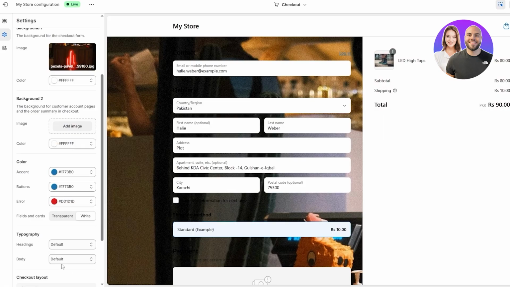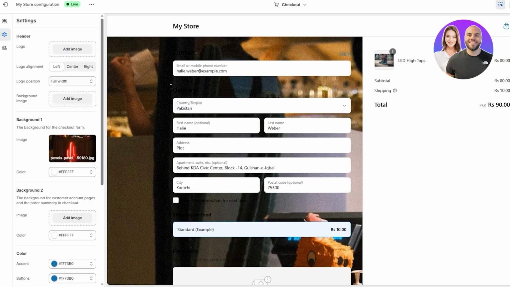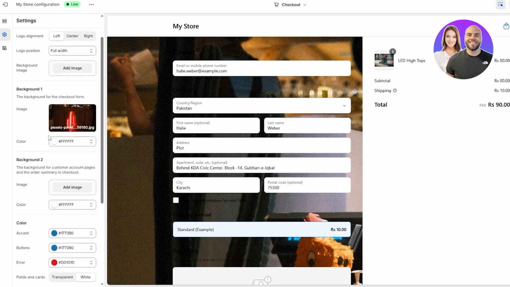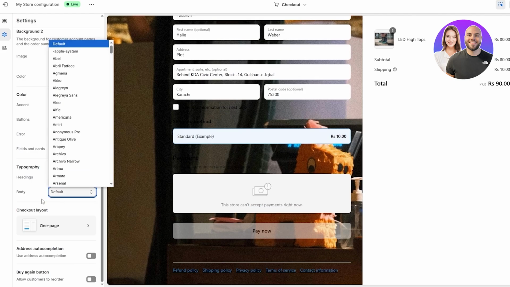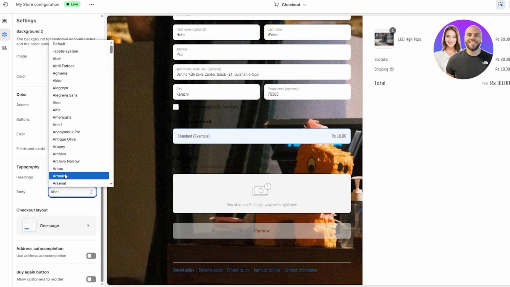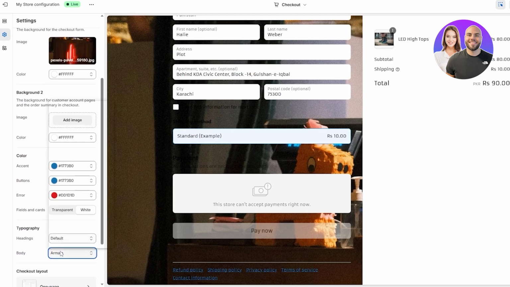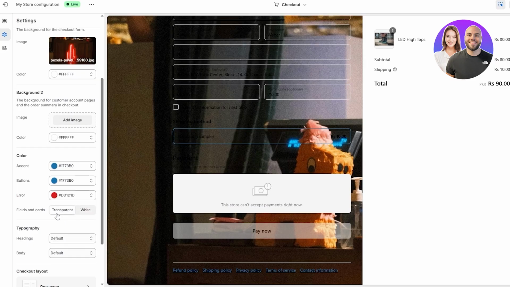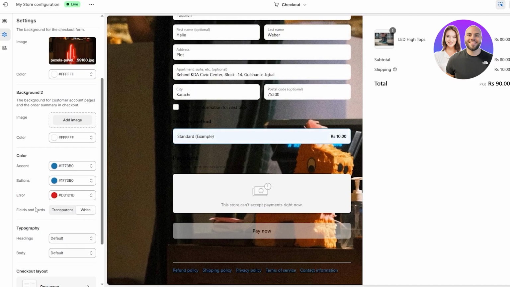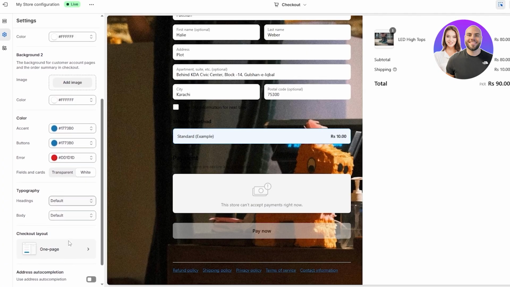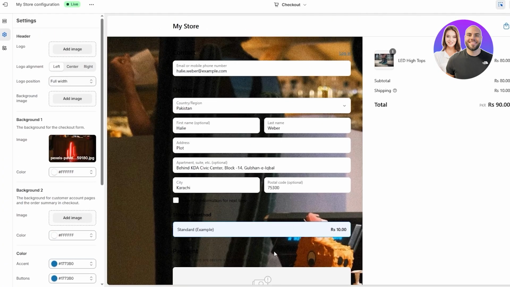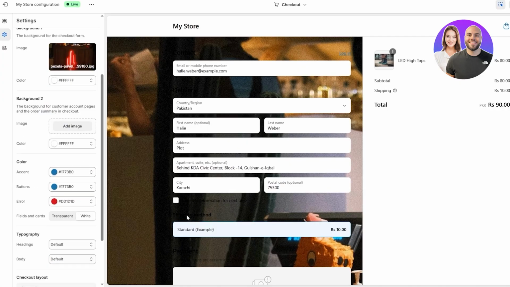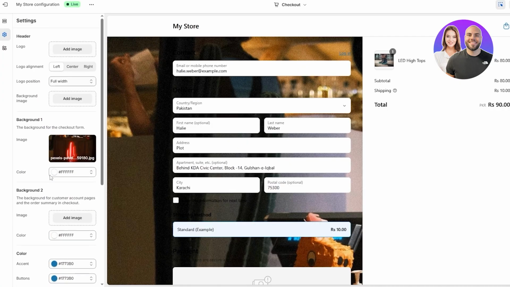And then over here, the typography, the text color overall, this should also change. I don't know why it's black, but here we have the typography and the body, so we can change the different options. You can see right here we're changing the fonts for the body, and this one is for the headings, but I don't see any option right here. We've got fields, we can go with transparent or whatever. We have other options as well, but no option to actually change the color of the text, which is weird. So unfortunately, I don't think you can change the color of the text, but you can change the